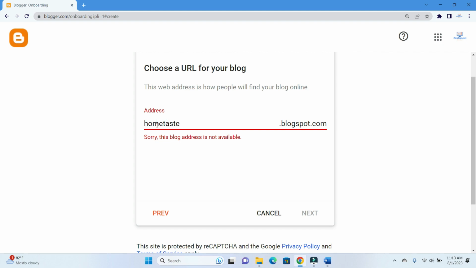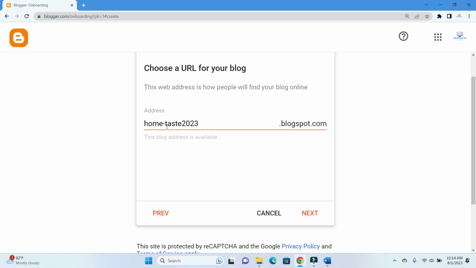So I'll start with a hyphen. I'll try to put a hyphen between home and this and see if it's going to work. So it's checking, and again it's telling me the name home-this is not available, so I cannot use it. Okay, this is just a test, so I can keep adding things and see what's going to work. So maybe I will just add the year here and see. Okay, now it's telling me this name is available,